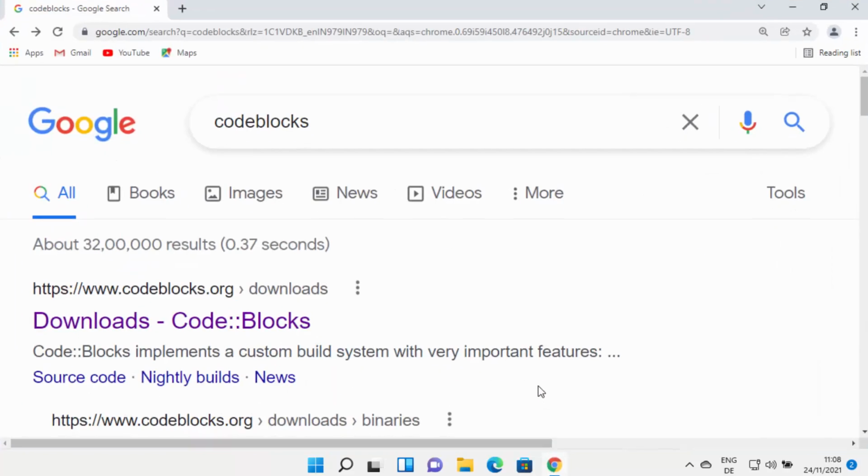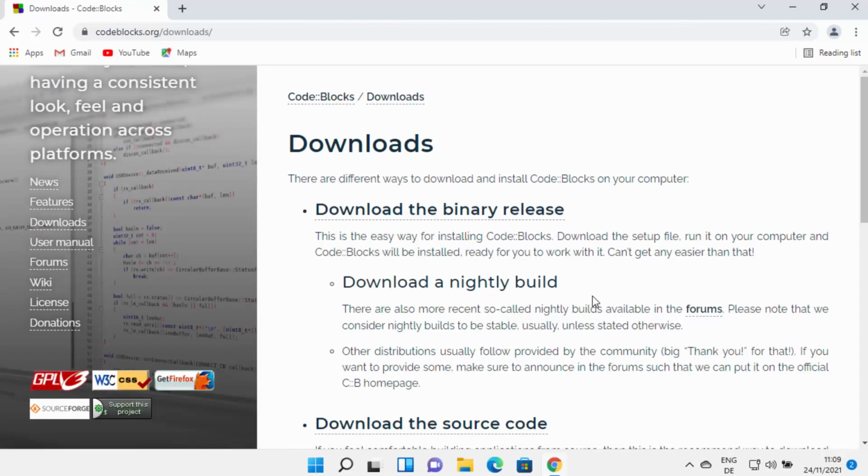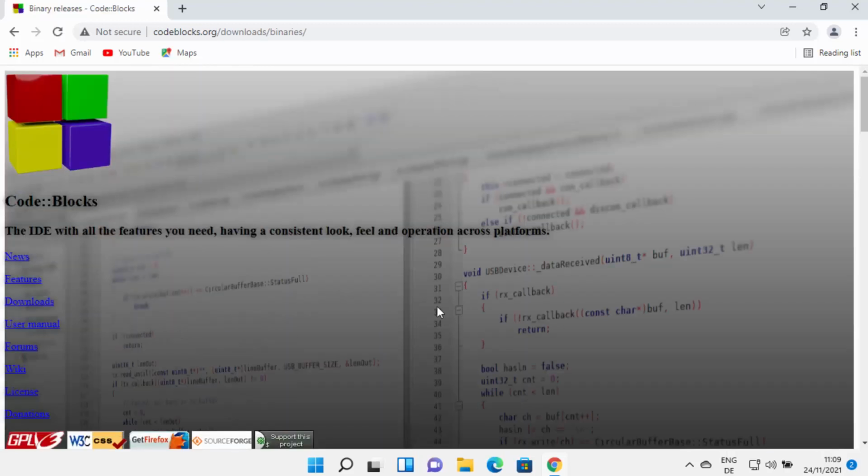First of all, open your favorite browser and search for Codeblocks, and the first link which will appear will be from codeblocks.org. So we are going to click on this link. If you are not directly redirected to the Codeblocks downloads page, you can click on the downloads link on the left hand side and you will reach this web page. Now in here you need to click on the download the binary release link,